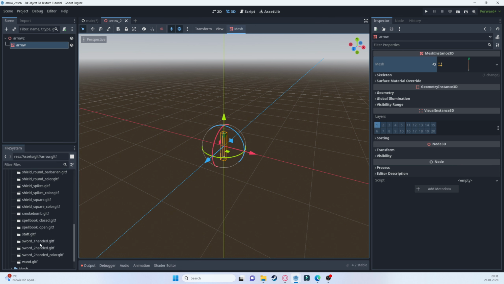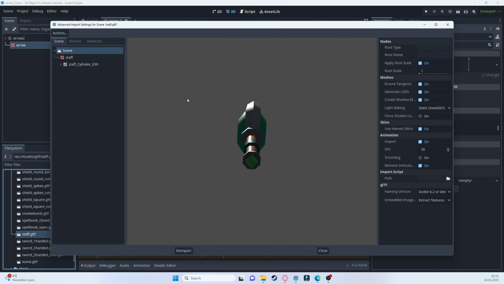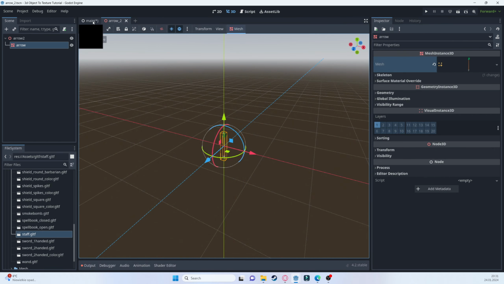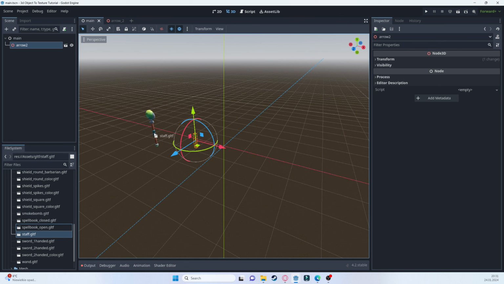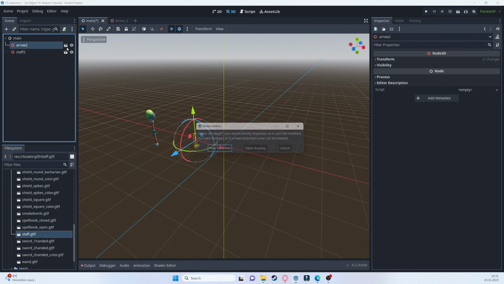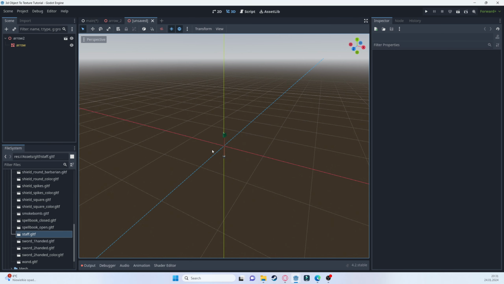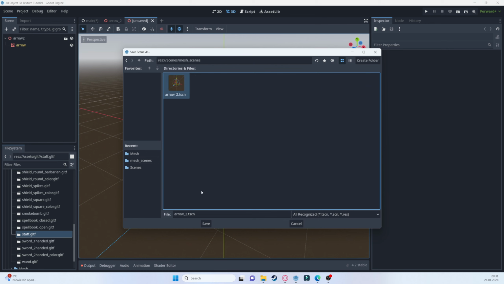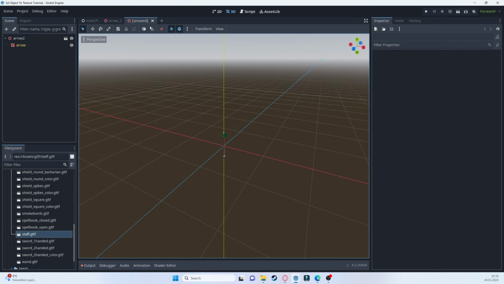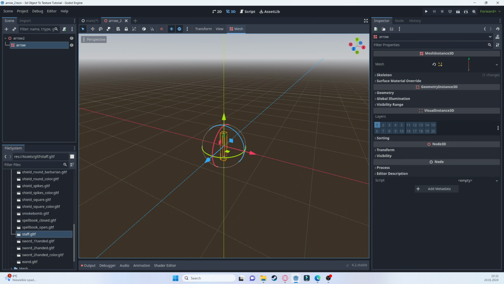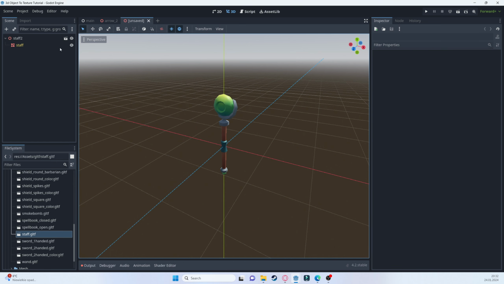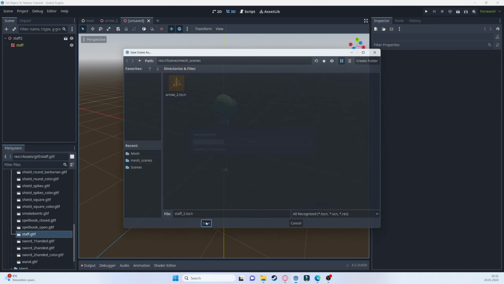Let's do another one just for fun. Maybe the staff looks kind of nice. So do the very same process again, bring it into the main scene, open it up, select new inherited, save it, place it in the right folder. And this is, oh, sorry, this is the arrow again. My bad. I wanted to open the staff. New inherited, save it, staff,